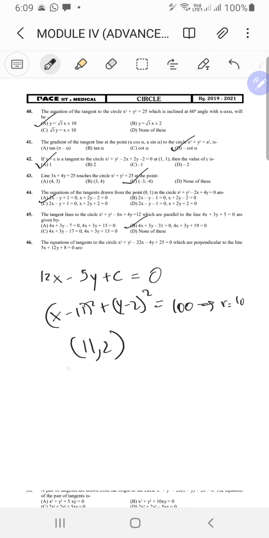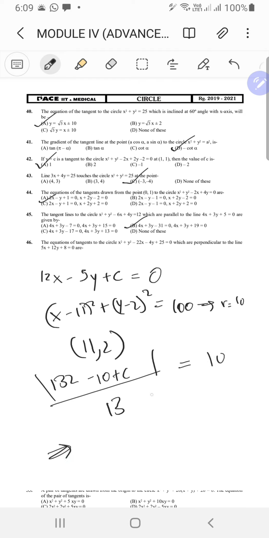Put that in this thing, so it should be 132 minus 10 plus c, the mod of that, upon the square root of, okay, this is just 13. I will write that down. This has to be equal to the radius, which is 10, right? Because it's tangent. Yeah, it's tangent, which means 122 plus c, the mod of that is 130, which means c